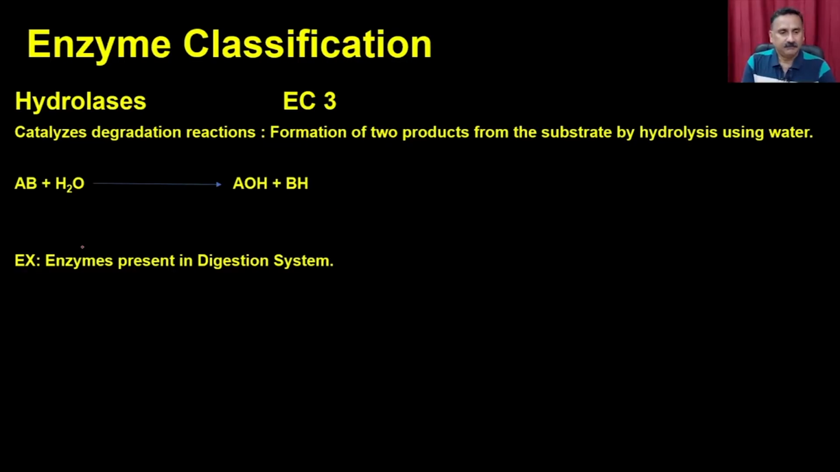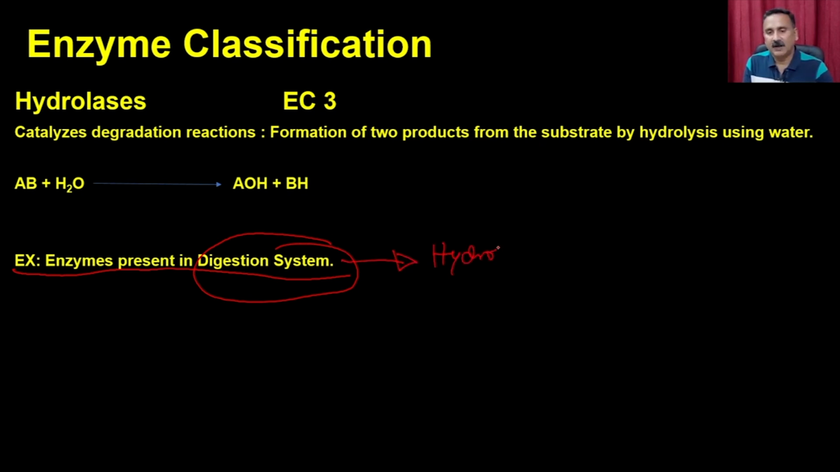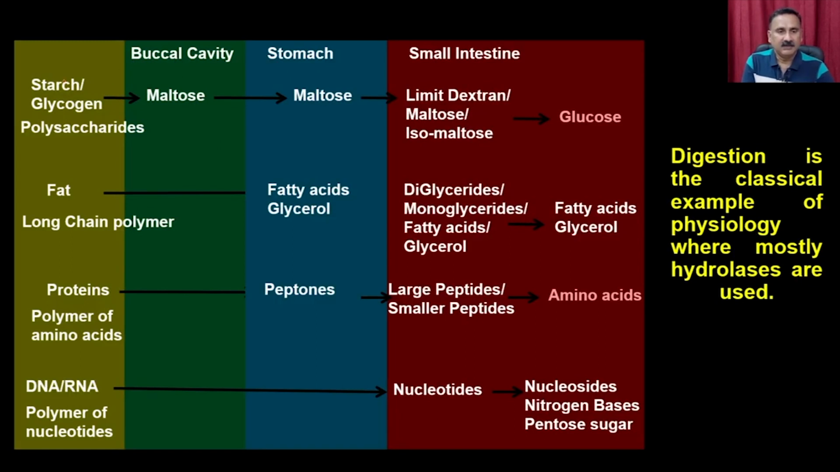Now, a classical example where these enzymes have very high application is the digestive system. The digestive system is the classical example where a lot of hydrolases are involved in the catalysis, in the digestion process. What you see here is that if you have a carbohydrate, it will enter into the buccal cavity. So the carbohydrate is the maltose. Okay. So once the carbohydrate is present in the buccal cavity, which means it is present in our mouth,